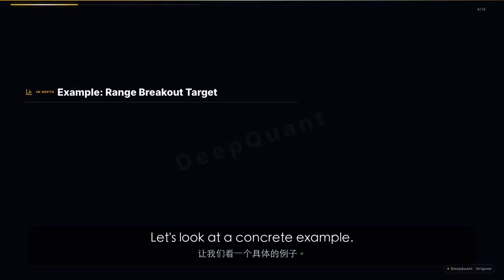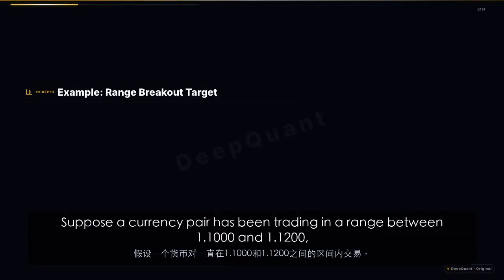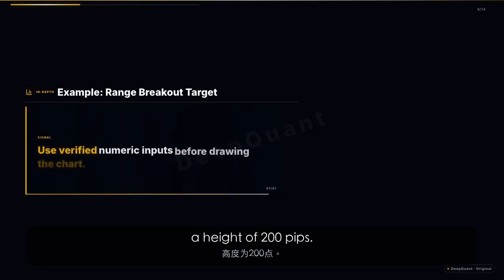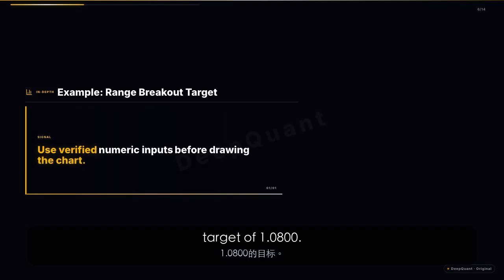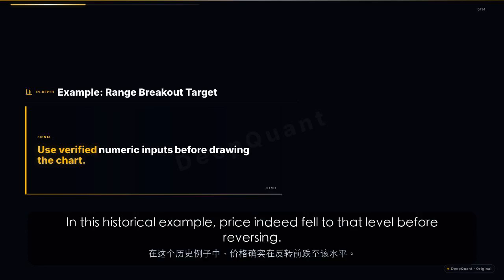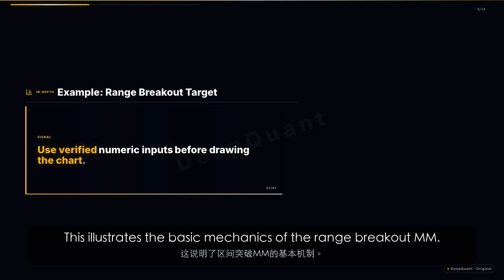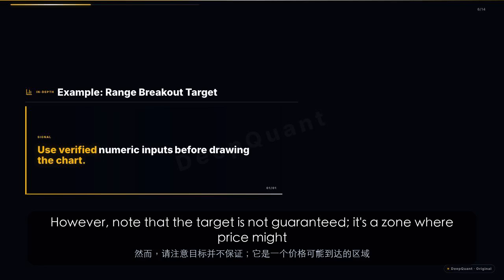Let's look at a concrete example. Suppose a currency pair has been trading in a range between 1.1000 and 1.1200, a height of 200 pips. If price breaks below the range at 1.1000, the range breakout measured move projects a target of 1.0800. In this historical example, price indeed fell to that level before reversing. This illustrates the basic mechanics of the range breakout measured move. However, note that the target is not guaranteed, it's a zone